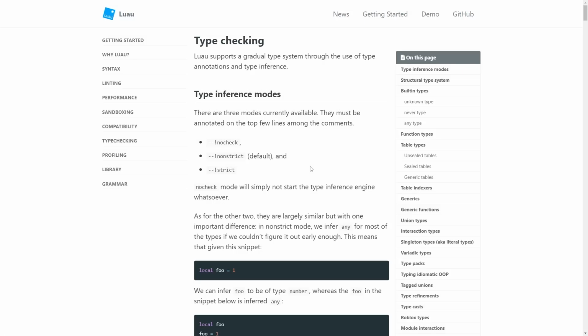In today's video, we're going to be taking a look at type checking. There are currently three modes for type checking. There is the no check, non-strict, and strict mode. Currently, the default mode is no check, but we can make non-strict the default mode by enabling it inside of beta